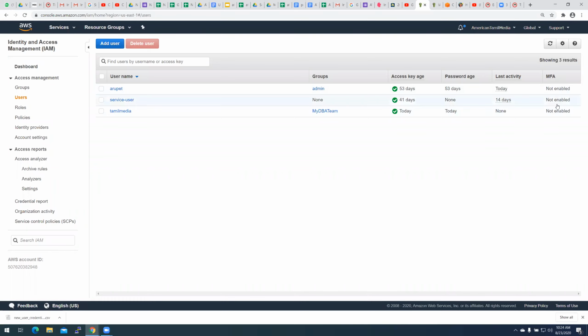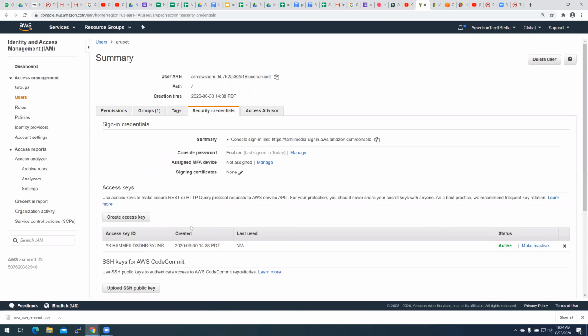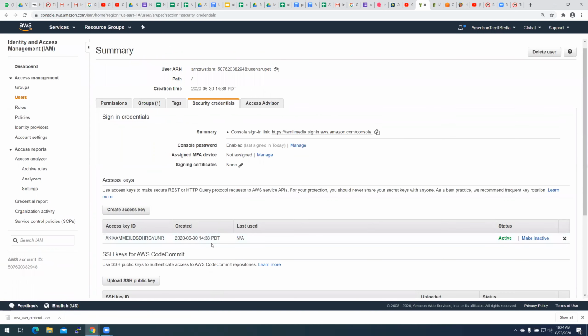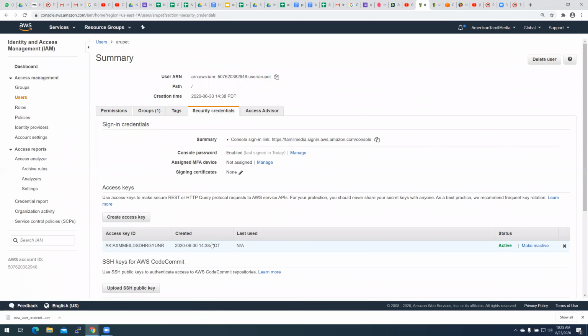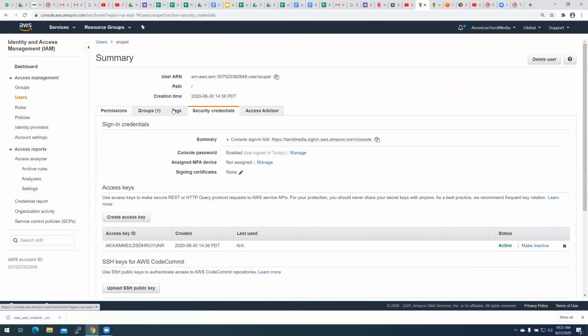Say if it is MFA enabled or disabled, and the password strength, what kind of password policies you want to apply. You can define that it has to be 6 characters long or 8 characters long. I just want to see where we define that.